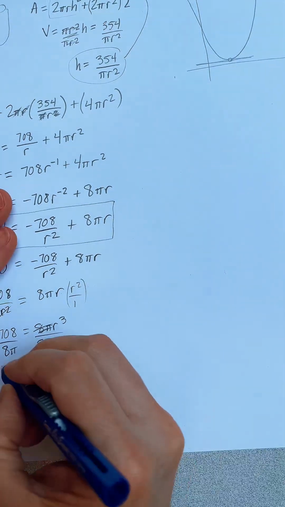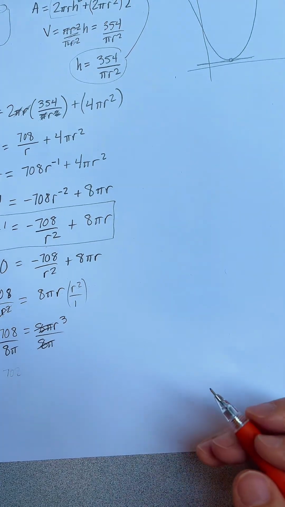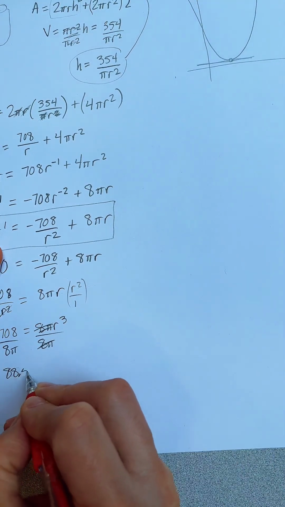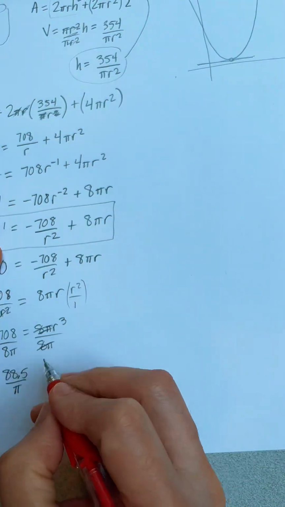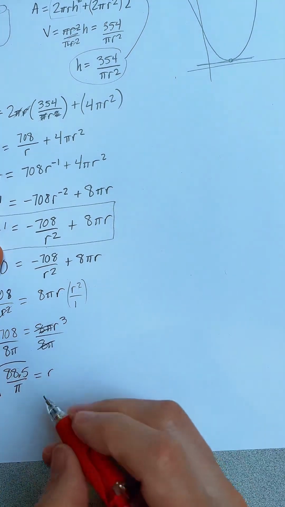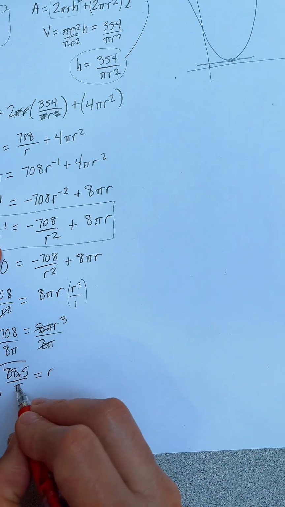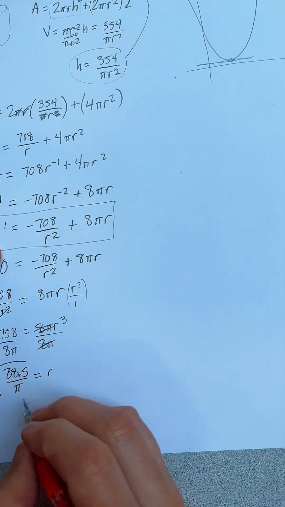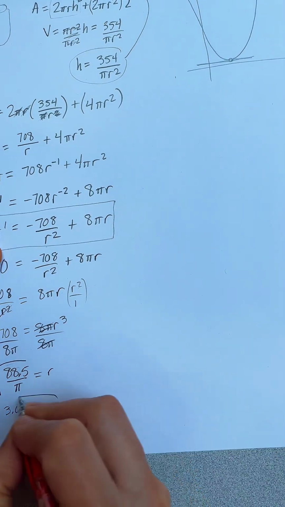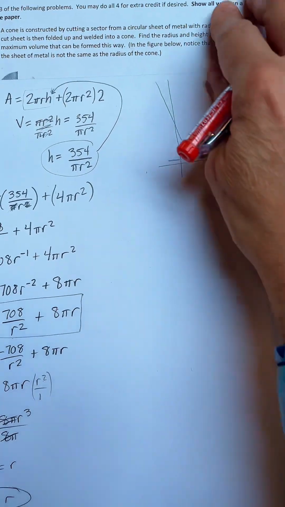While I'm at it, might as well do 708 divided by 8, which is 88.5, I believe. Yeah, 88.5 over pi equals r cubed. So if we take the cube root of both sides, then we'll have this. And this is essentially a decimal. If you take 88.5 divided by pi and then do the cube root of it, you'll end up with approximately 3.04 equals r. So there's our r value, and we can plug that back in up here